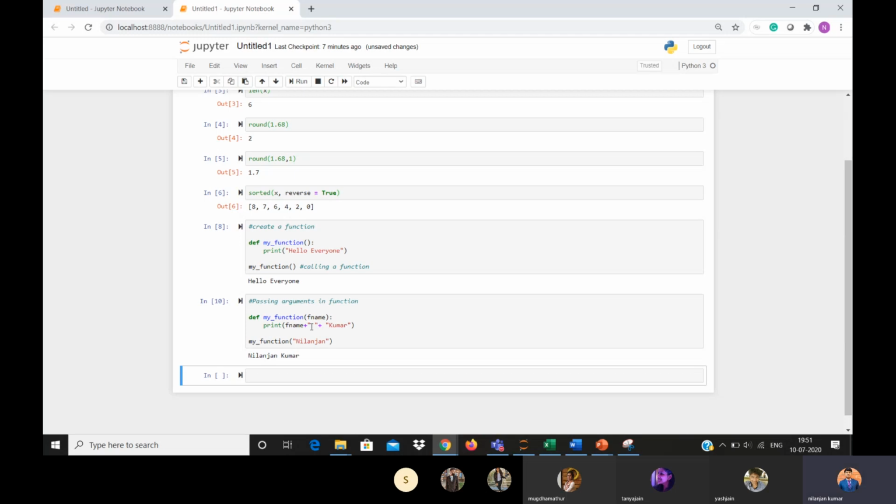Then we are printing the variable name with some other string. While calling the function, in place of the variable name we are giving a string, which is printed with the print function. So fname equals Nilanjan, that's why it's coming Nilanjan Kumar. I hope everyone got it.